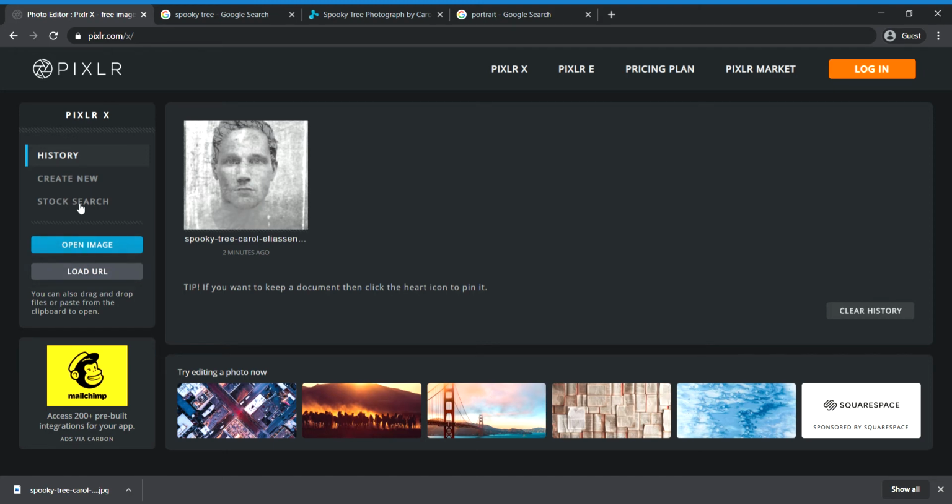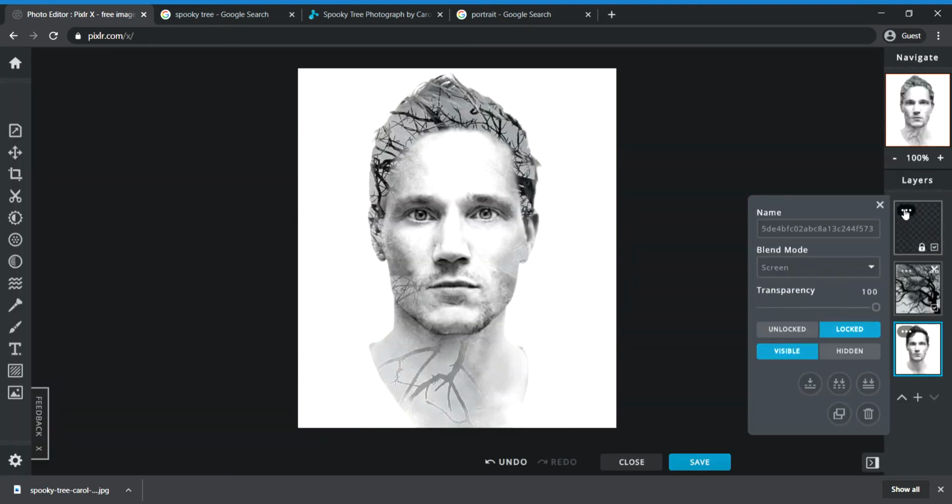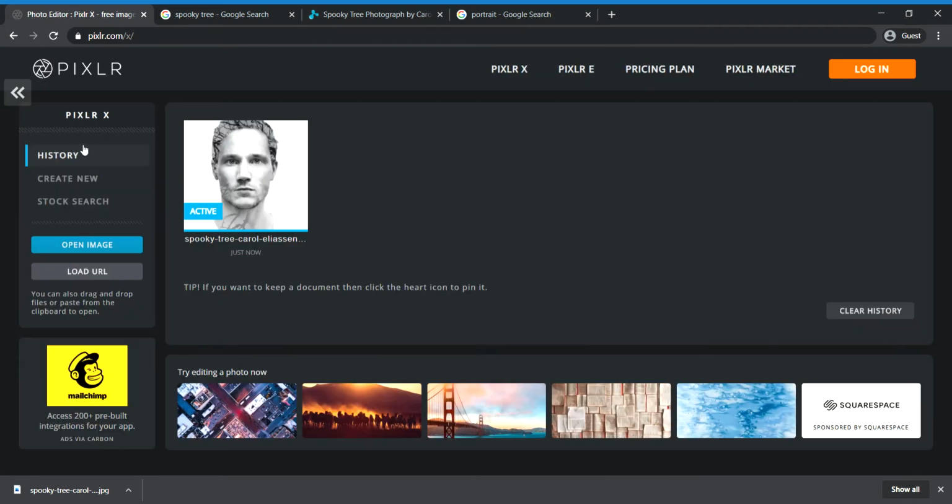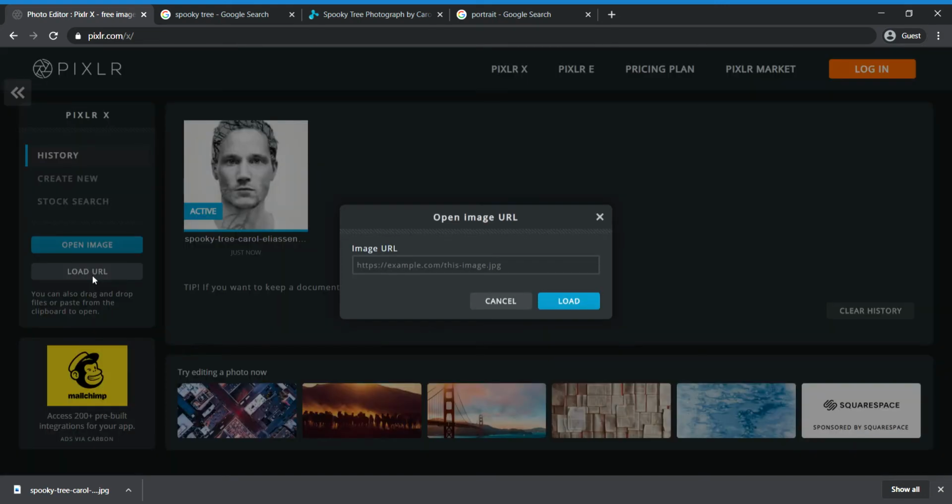So if I want to do something new, I'm going to show you how to do double exposure. Similar to this. I'll just take that layer off and show you what I mean. So basically like this, we're going to recreate this. So we're going to load, you could open an image that you already have. So ideally you're going to do this with your own photos, but I'm going to show you just how to play around with,